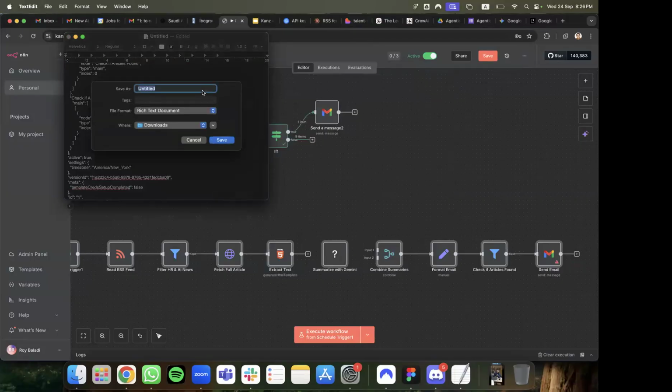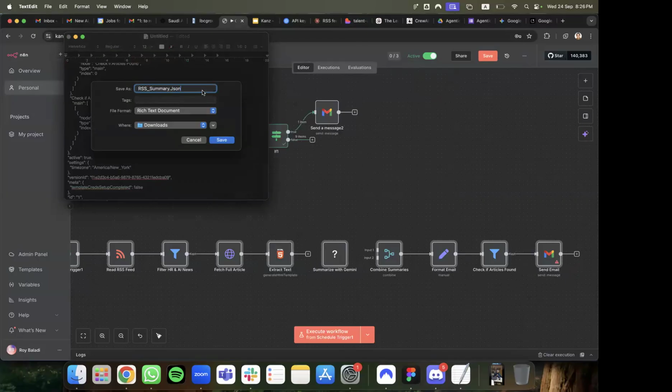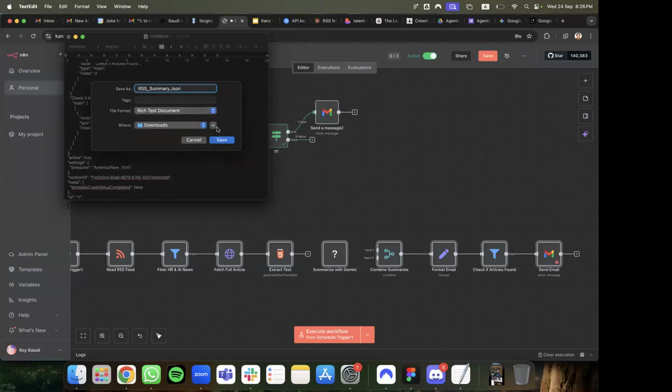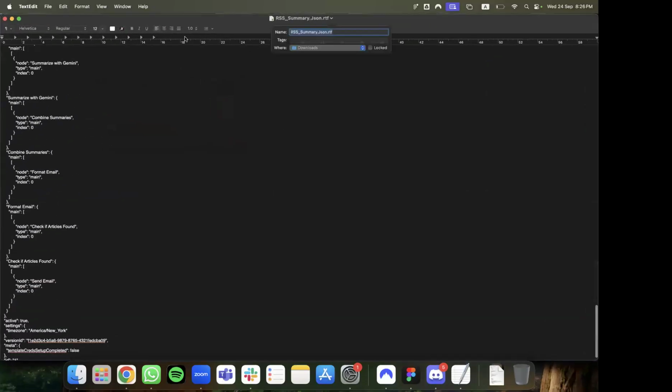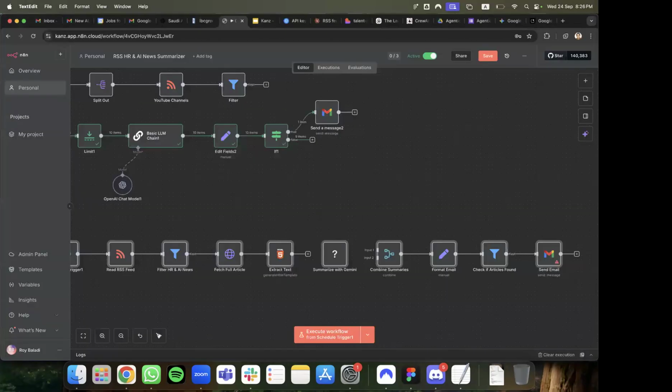The name is going to be RSS summary.json. Let me see if it has JSON as an option. No, it does not. But it's still going to give it an RTF at the end. Yeah, but that's Mac.